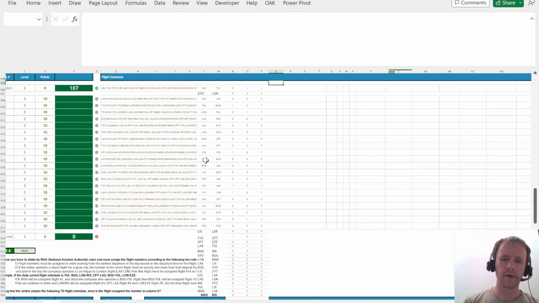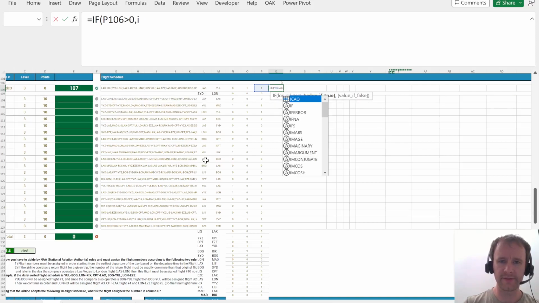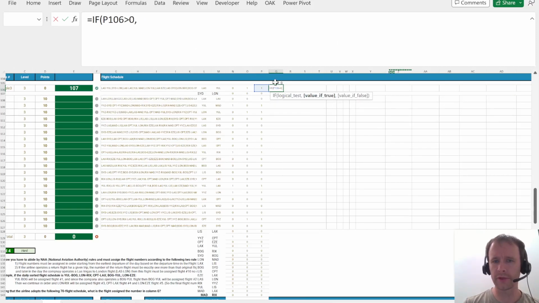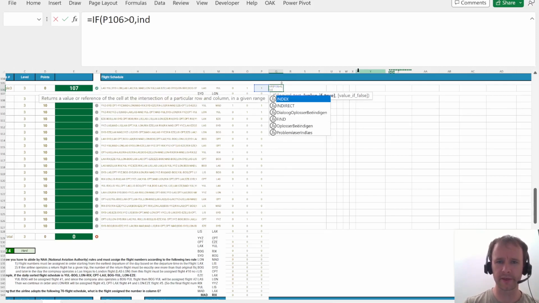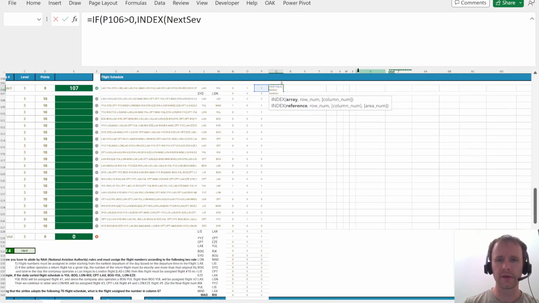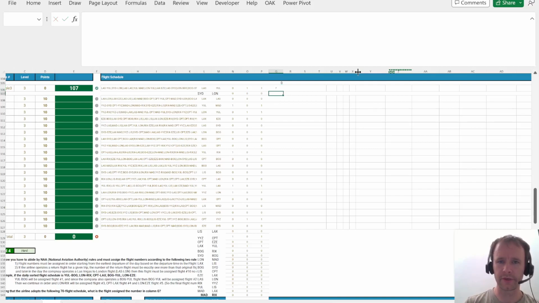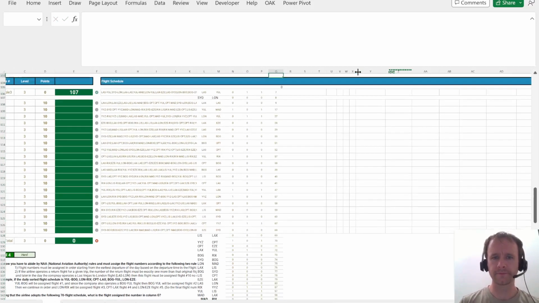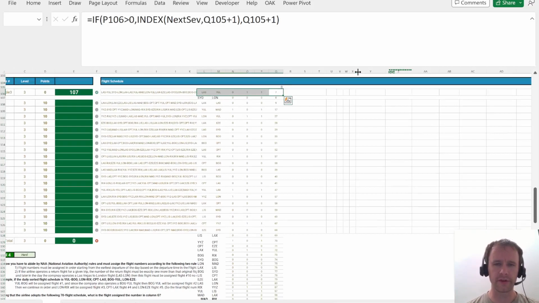And then let's say I start from 0, and then I'm going to say if this is greater than 0, in other words, if I'm in a Canadian airport, then I need the next 7 from, so not just 0 plus 1, but then the next 7 from there. And that's going to be index next 7 of this plus 1. And if I'm not in a Canadian airport, then it's just the previous code plus 1. And then we copy that down. So here we have a Canadian airport, so instead of starting at 1, we start at 7, then 8, 9, Canadian airport, we go to 17, Canadian airport, we go to 27, 28, 29, 30, 31, 32, jump to 37,